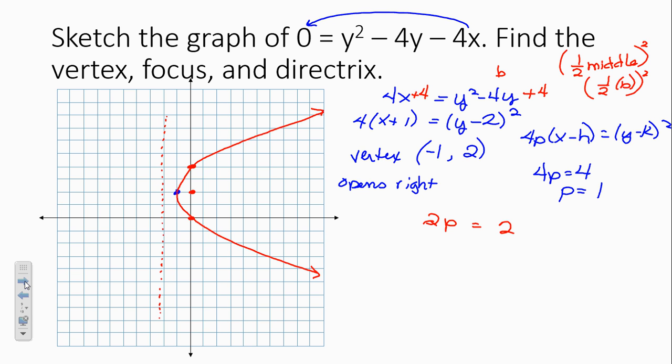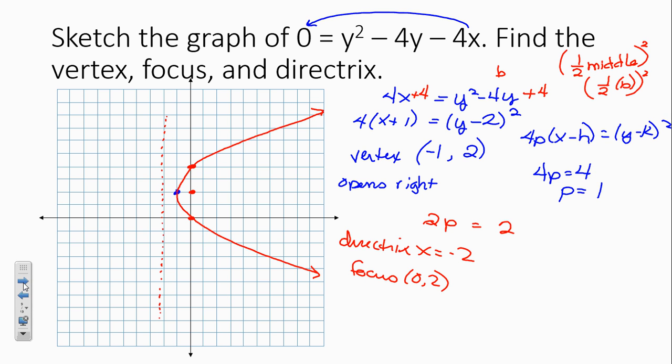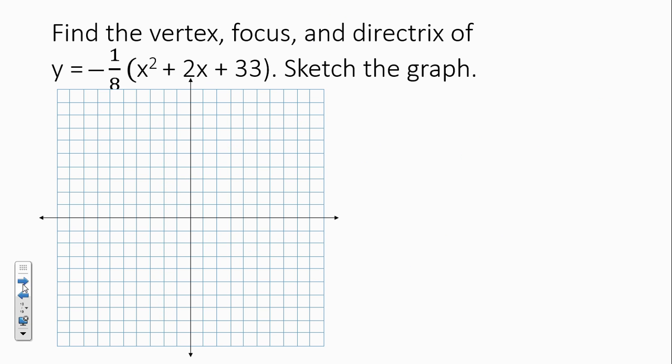So what's our directrix? X equals -2, because it's a vertical line, so x equals, and we were at -2. And what's our focus? Yep. No formula memorization, just know the 4p and how to complete the square. All right, one more example. All right, so we want to find the focus, directrix and vertex of this mess